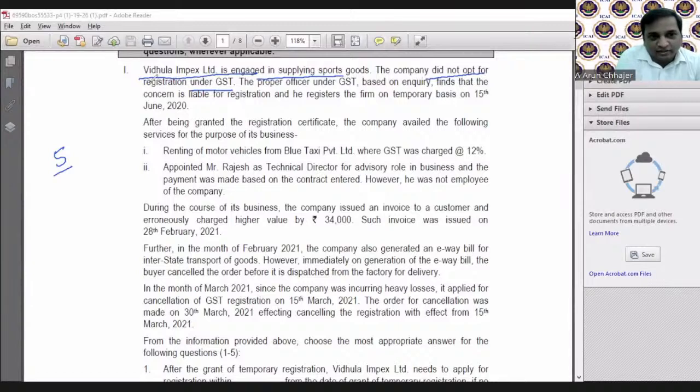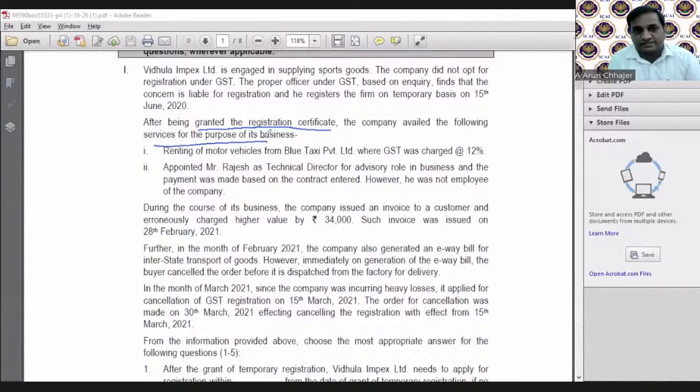We'll answer the question. Vidula Impacts is engaged in supplying sports goods. The company did not opt for registration. The proper officer under GST, based on the inquiry, found that the concern is liable for registration and registered the firm on a temporary basis on 15th June 2020. After being granted the registration certificate, the company availed the following service for the purpose of its business: renting of motor vehicle